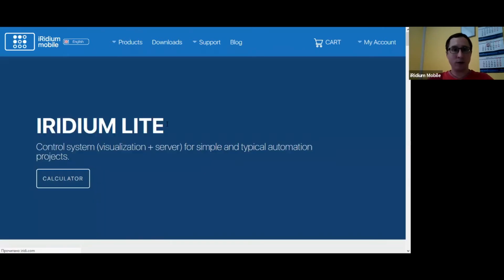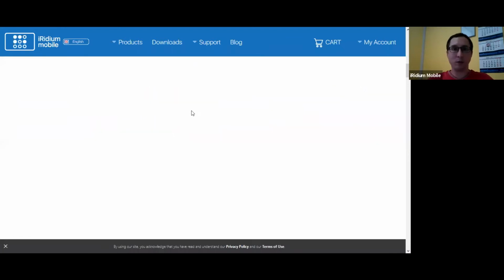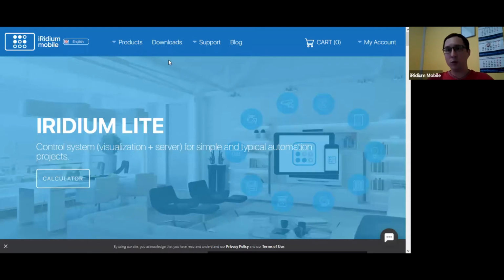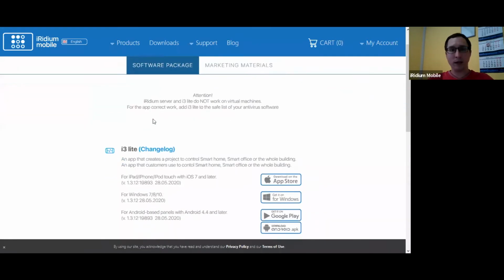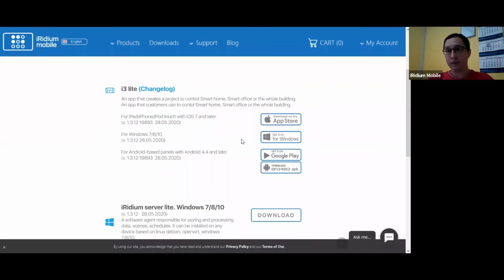And of course, here we have some information about this product, etc. And we should use a version from our website. Please use this section, download, and iRidium lite section. And here we have a software package. It's free. Free for you as an integrator, and please